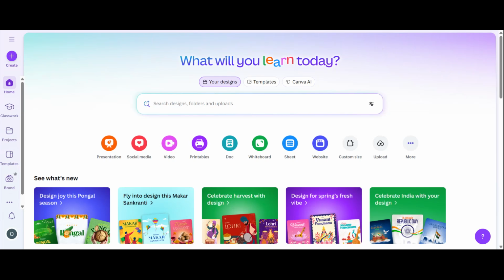In today's video, I'm going to show you how to animate text in Canva like a pro, even if you're a complete beginner. Text animations can instantly make your designs look more professional, more engaging, and more eye-catching, whether you're creating presentations, social media posts, YouTube thumbnails, or short-form videos. Canva makes this process incredibly simple, but most people don't use it to its full potential. By the end of this video, you'll know exactly how to add, customize, and fine-tune text animations so your designs